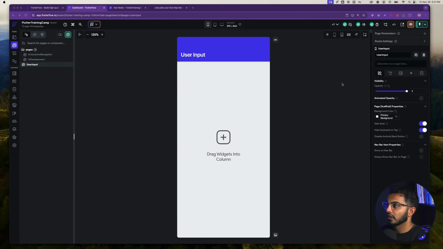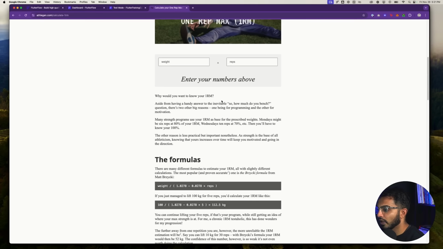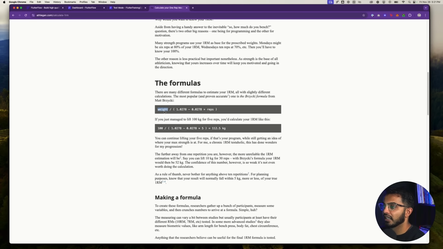So instead of just stacking a bunch of weight, you typically find a weight that you can't do more than 10 of. Typically, you want to find a weight that you do 10 reps or fewer with, until failure. And there is a formula out in the world where you can calculate this by taking the weight of the exercise that you did and dividing it by a type of coefficient.